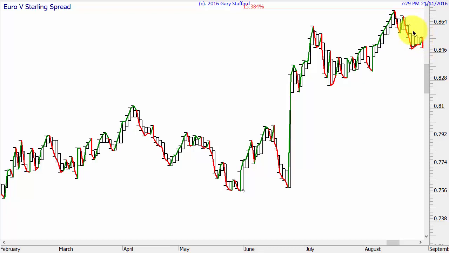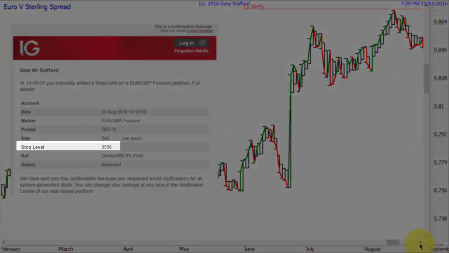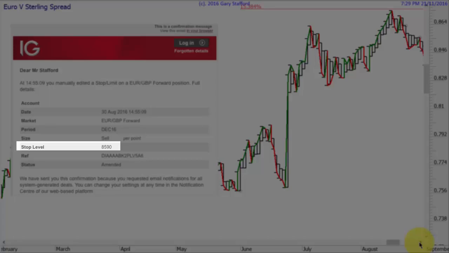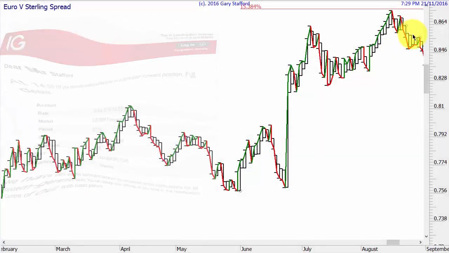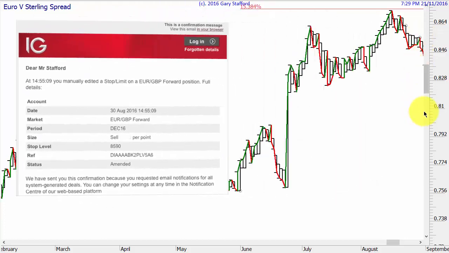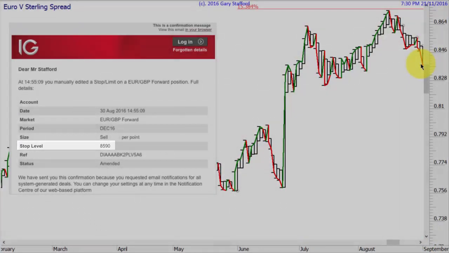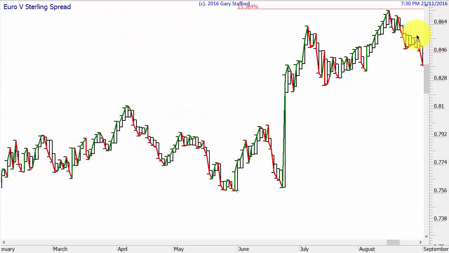Then we had an outside day, and we went down a bit, and I moved my stop loss on that day above the first inside day, which was there. The next day, it went down, and I moved my stop loss a bit closer to that top that was made there because of the inside days, so I just reduced it a little bit. I think I actually did it the next day when we had that big fall. I moved it closer to that top, just again to give me a bigger profit if it turned round.